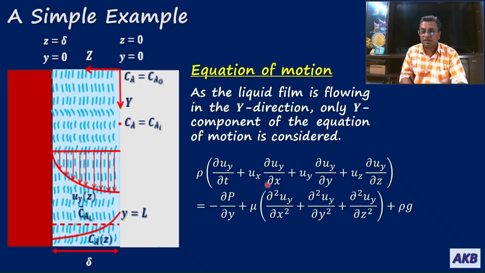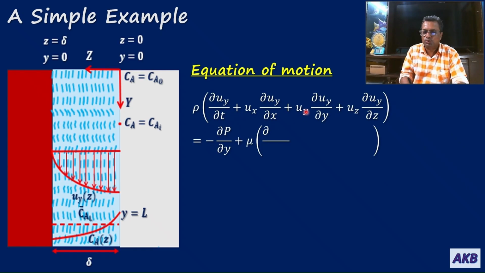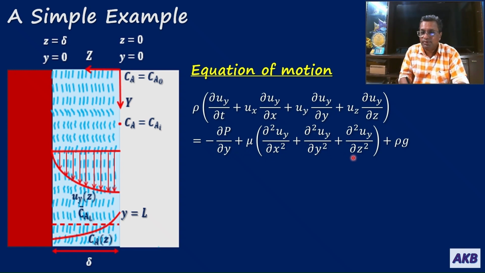Now we are going to check what will be the implications of assumptions on this equation. So let us move ahead. So we have the equation of motion: ρ into ∂uy/∂t plus ux into ∂uy/∂x plus uy into ∂uy/∂y plus uz into ∂uy/∂z, that is equal to minus ∂p/∂y plus μ into ∂²uy/∂x² plus ∂²uy/∂y² plus ∂²uy/∂z² plus ρ into g. Now the assumption,